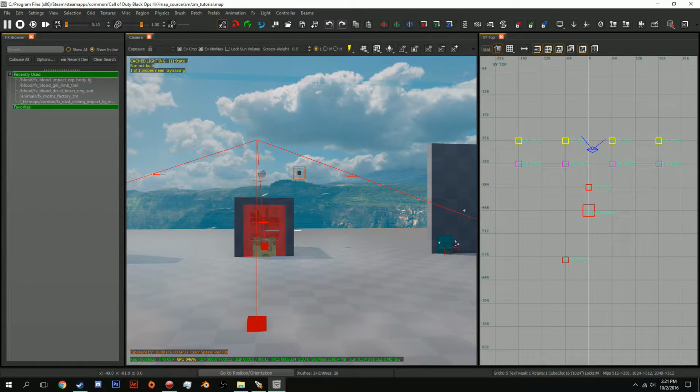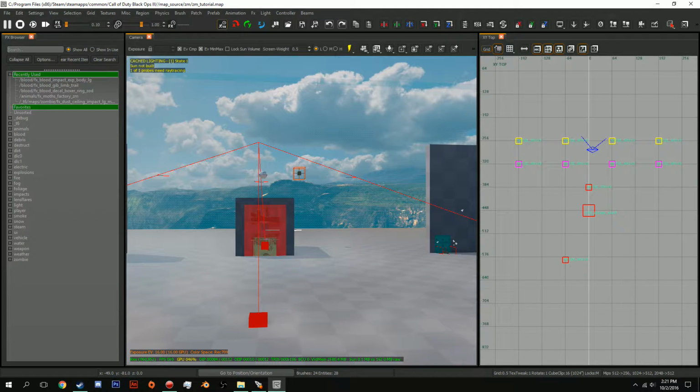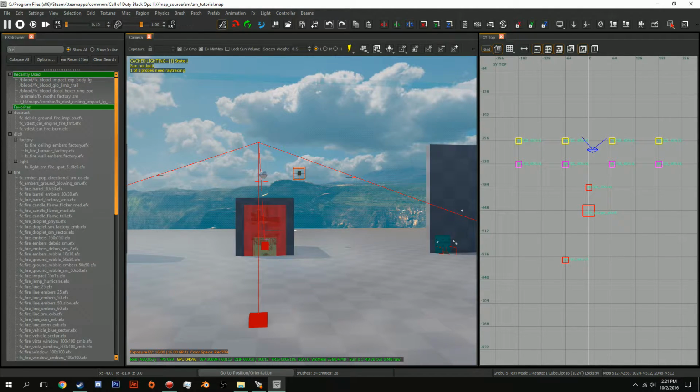You have show in use and you have show all. So I would recommend searching for what you want, unless you just want to keep going through these. It's not really that hard. Some of them aren't going to work and some of them will work, but you need to make sure that you have FX being rendered. So let me add in a fire one. Okay, so fire